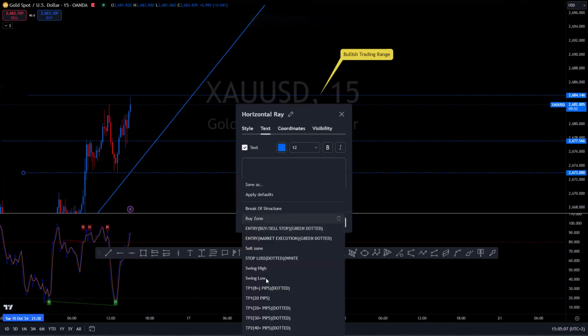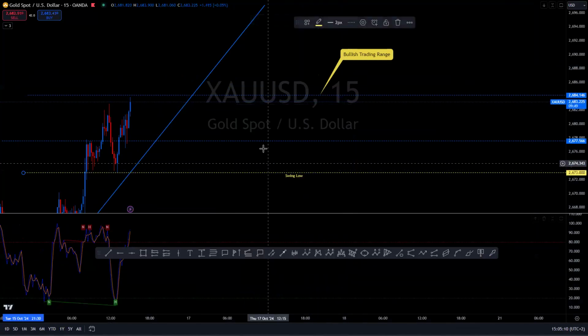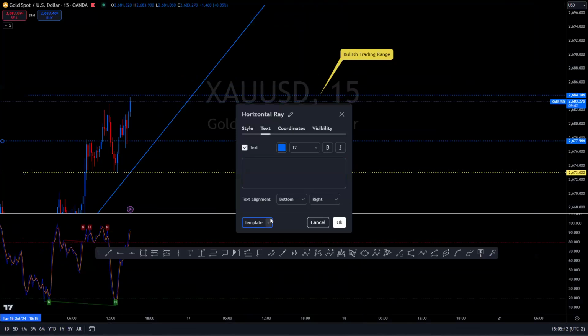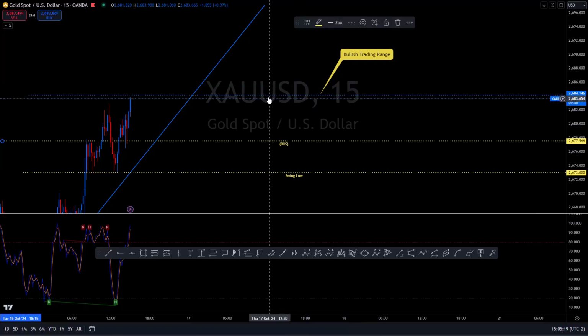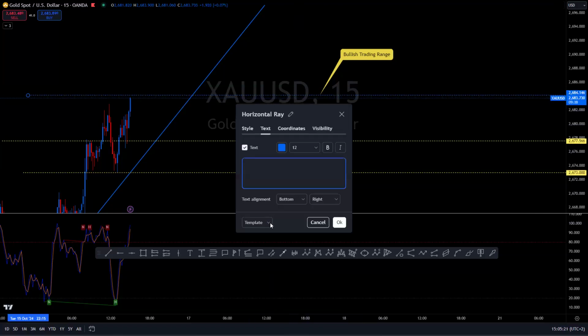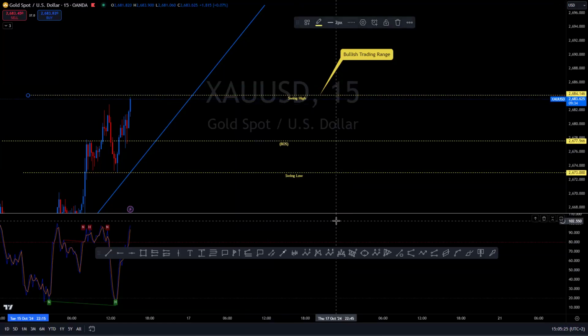This is our swing low. This is our swing high. And the upside is that break of structure. And then this is our swing high. Now that we're in the bullish trading range,